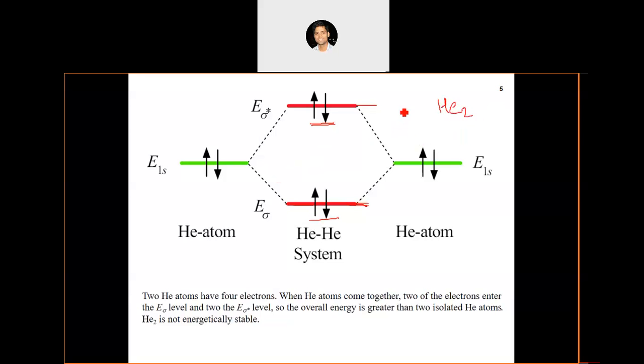Although we have the H2 molecule, because we saw that it is energetically favorable, we never have the He2 molecule, as it is not energetically favorable. The reason is that the final energy after bonding is higher than the initial energy of two isolated helium atoms. Any questions so far? If anything is not clear,